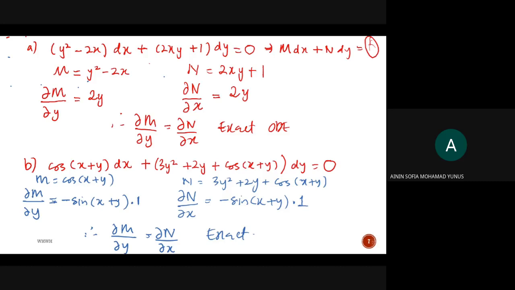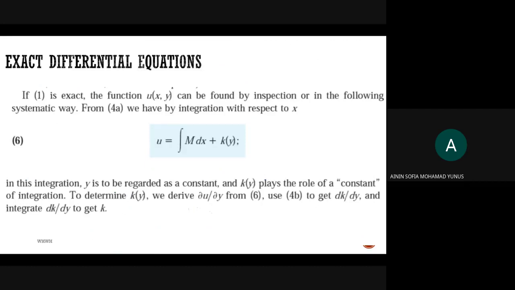Alright, so this means from here we have proven that the differential equation is exact. From there, these are all the steps that you need to solve, okay, to find u, to solve for